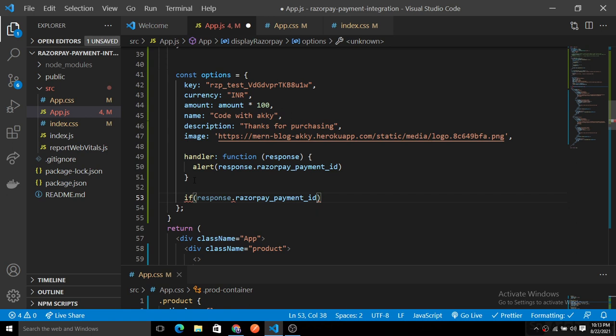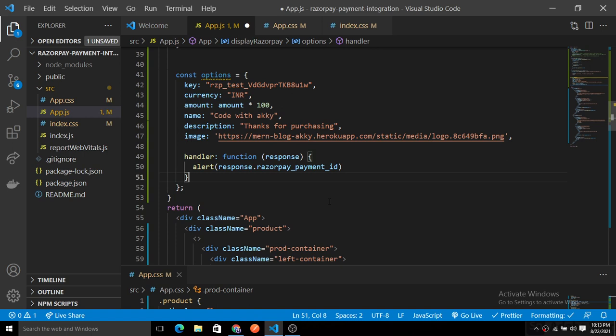So here you can add this functionality also. I'm not going to use any database feature right now, but you can add these functions here in the handler function, right? So I'm just going to remove it for the moment, because we don't have any backend integration right now here.